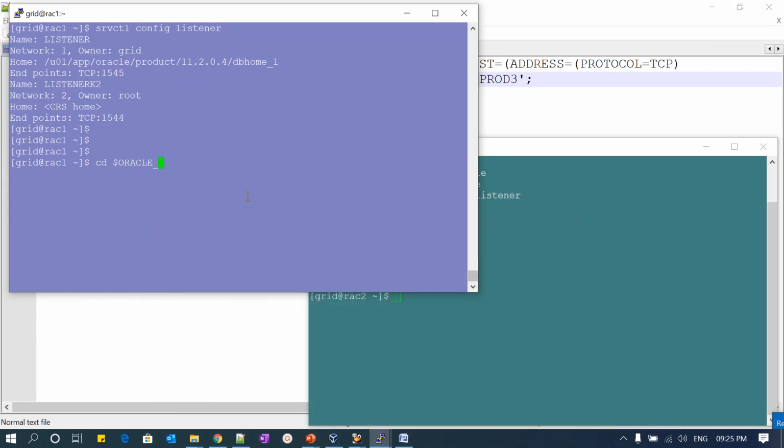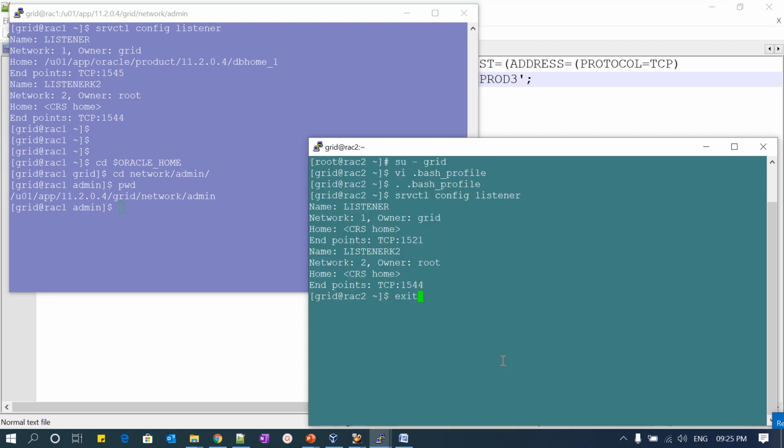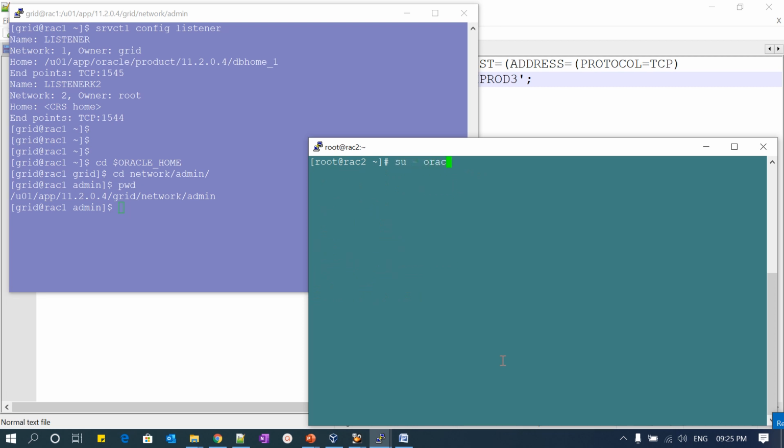So what I'll do, I will just quickly cover two more concepts here. I'm at the grid home here. I went inside grid network admin. I'll compare side by side. This is my grid TNS_ADMIN location or TNS home. Similarly, on node 2, I will log in as the Oracle user.